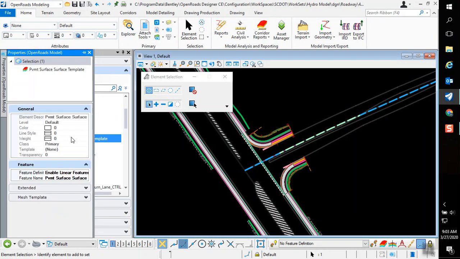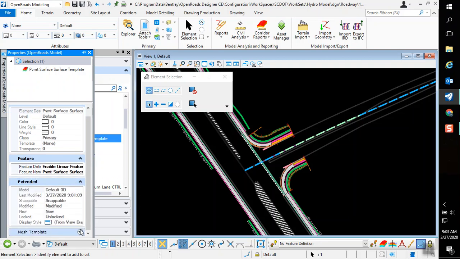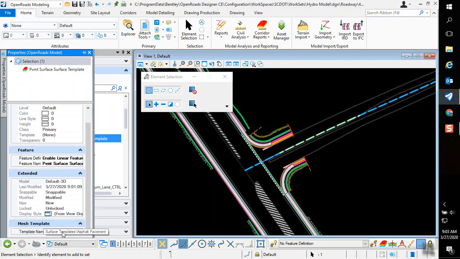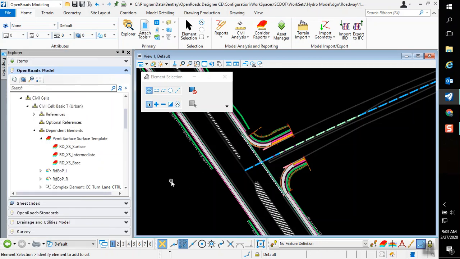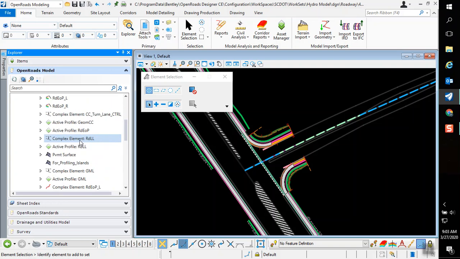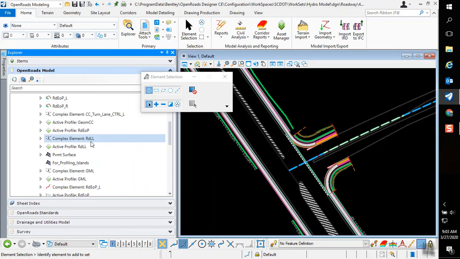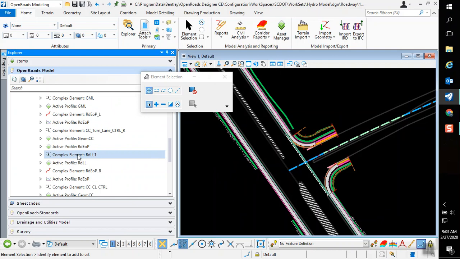Imagine the properties will let us change the template entirely. Perhaps not. Yep, we could change it right there if we wanted to. So you can break them down by project or road. It's up to you. So that's the first one, and you can see there's lots of them. You kind of need to just get in here and explore, because as you can tell, there's a lot to look at. So let's say, for instance,